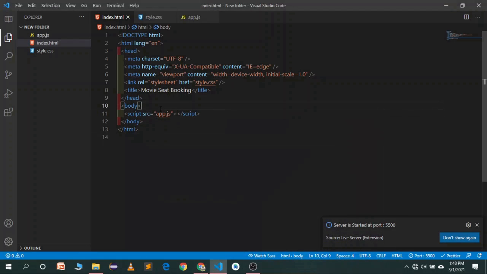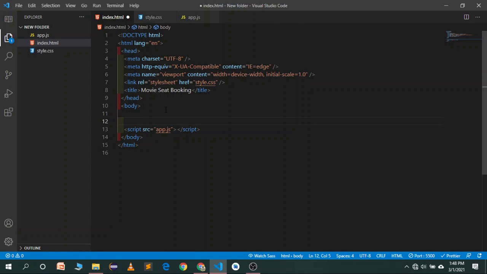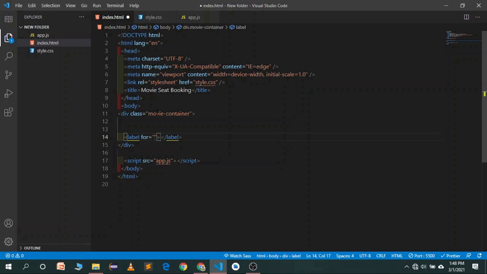So let's go under the body. First of all, we have a movie container. This container will contain the selection portion and the labels and the seats. So first of all, create a container which we will name movie-container, and in this container we have a label for our selection portion. We don't need a for, we just write it as